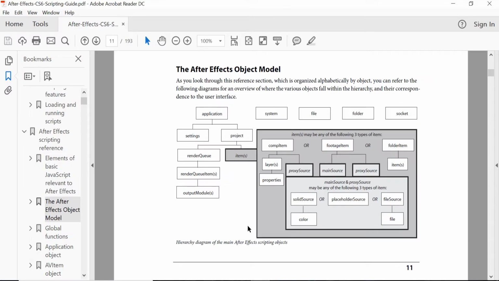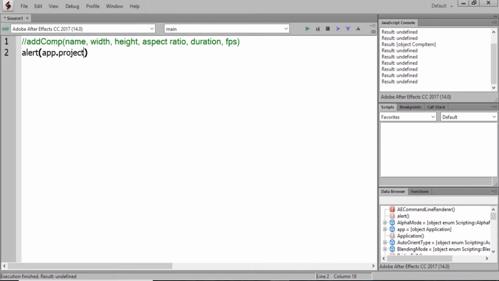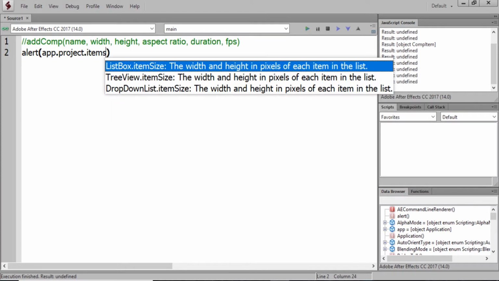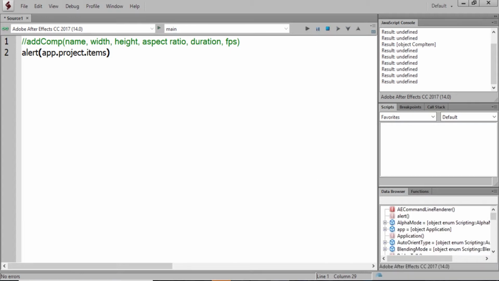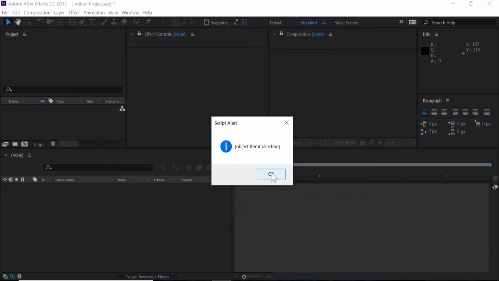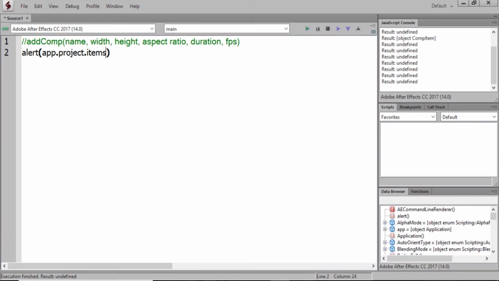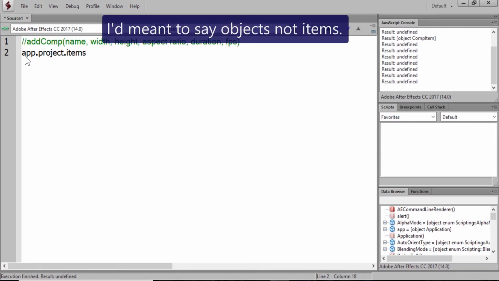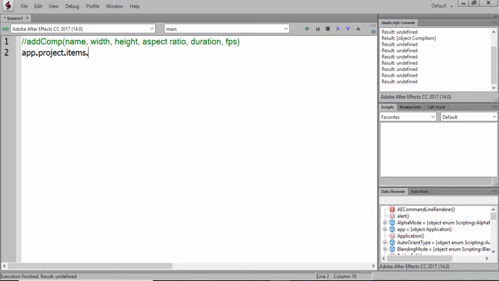Let's look back into the PDF to see what we need to get next, which is items. So in here, dot items, items with an S. Run it, and we get an ItemCollection object. And lastly would be our composition that we need to access. So we no longer need alert. I'm just showing you that to prove that these are items and you are going through each item to access it. And what we're going to use to actually create a